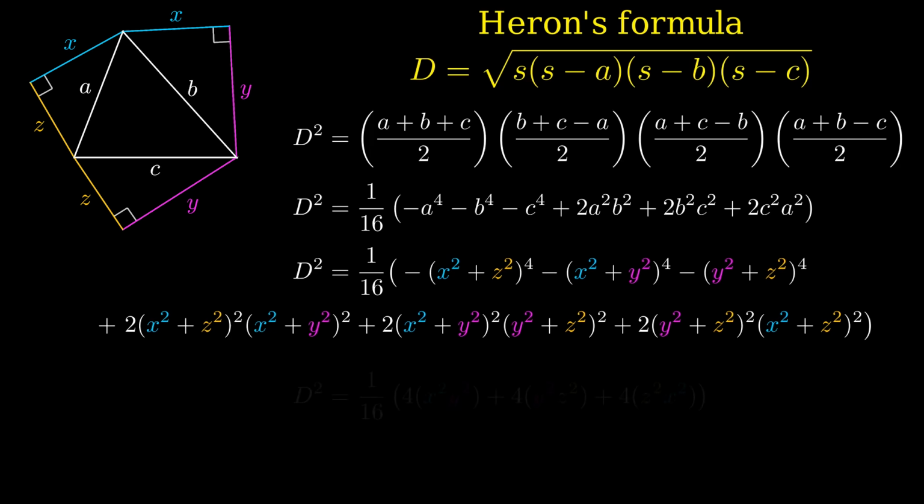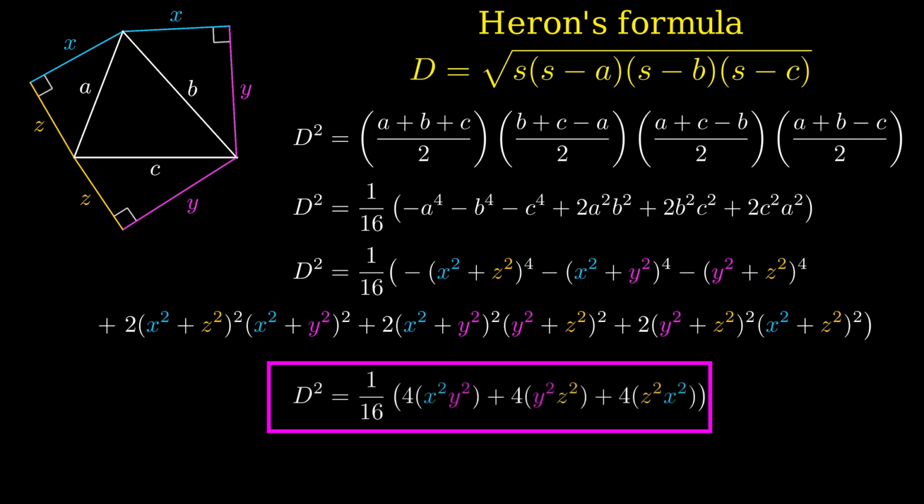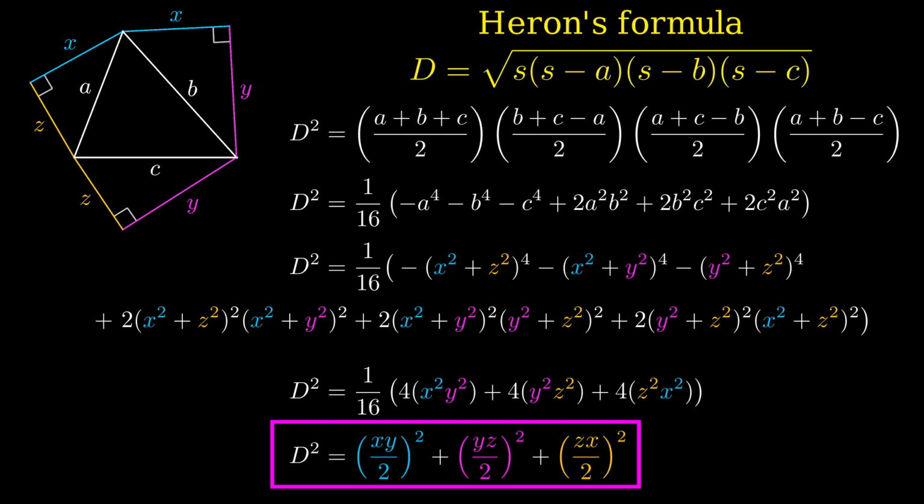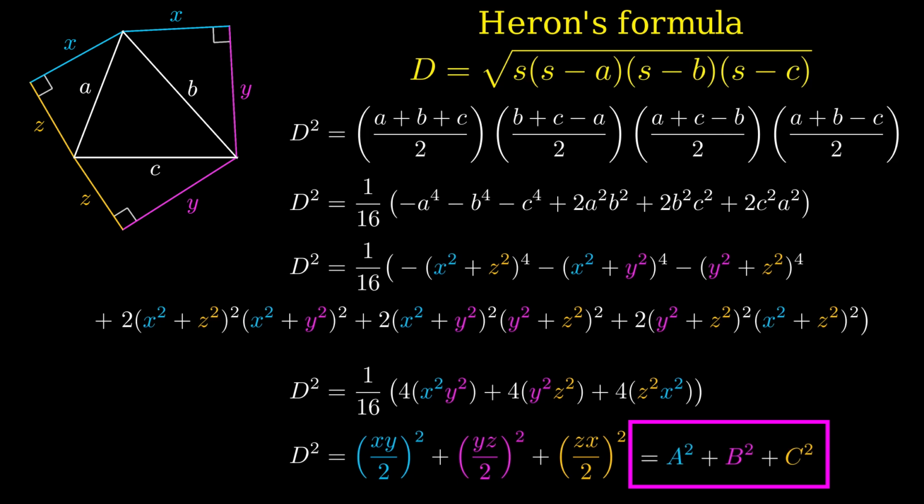Then with some more clever algebra, or brute force and a lot of patience, you can cancel out most of the terms again and you're left with these 3 terms, which does turn out to be the square of xy on 2 plus the square of yz on 2 plus the square of zx on 2. In other words, the square of the areas of the 3 triangles. Sorry for not showing all the detail of the algebra, but I want to move on to method 2,